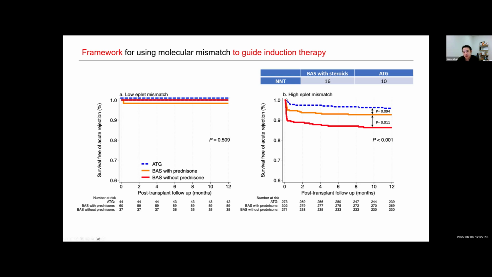But for the patients who have a high burden of mismatches between donor and patient, we really need to consider the type of immunosuppressant that we give. The patients who happened to be steroid-free, who didn't get enough anti-rejection medications, actually had the highest risk of rejection. But if we could know a priori who they are and give them ATG, which is our most intense therapy, then the risk of rejection is greatly reduced by 4-fold.